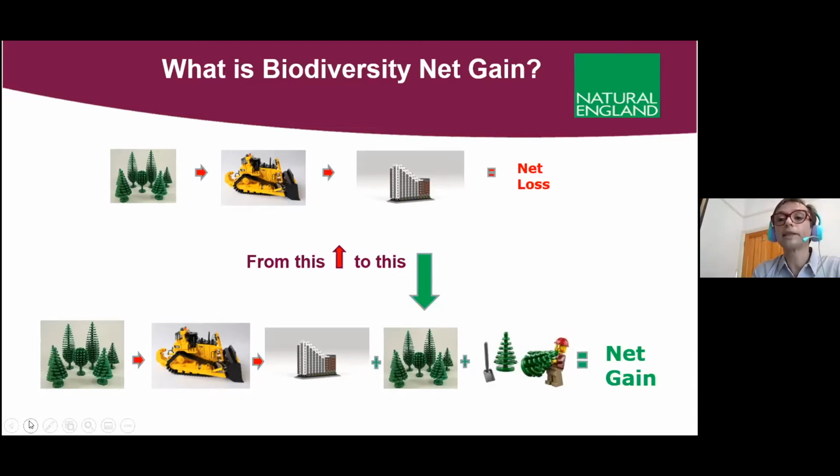And we're trying to completely change that and say, actually, that's not good enough. It's not good enough for nature. It's not good enough to address the biodiversity crisis that we're in. It's also not good enough for the people that are going to be living in those flats. So we want to change this to see a world where actually we're creating a positive legacy. So that development process can actually result in more nature, greater opportunities to interact with wildlife than was there to start with.